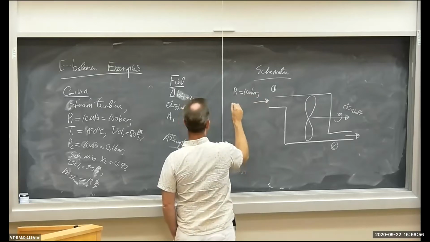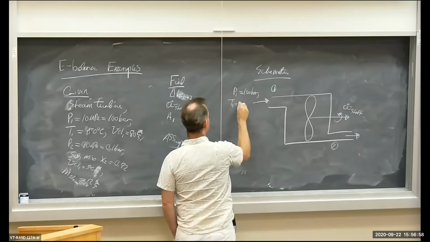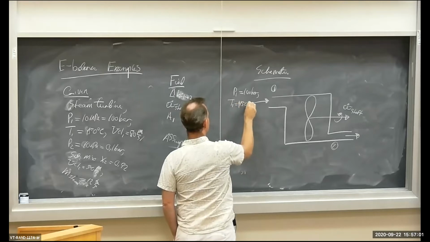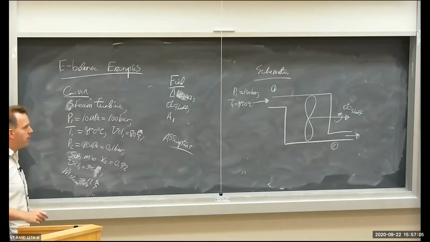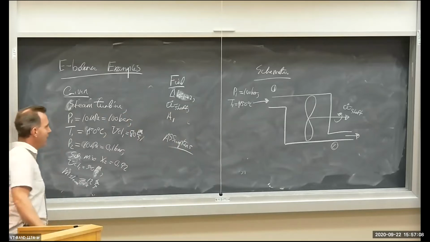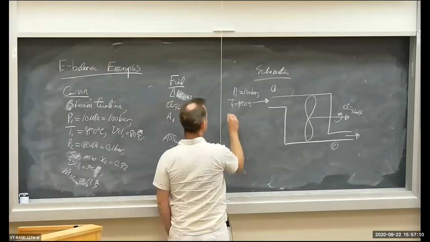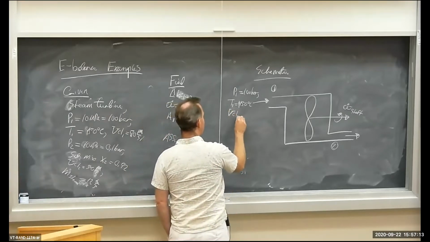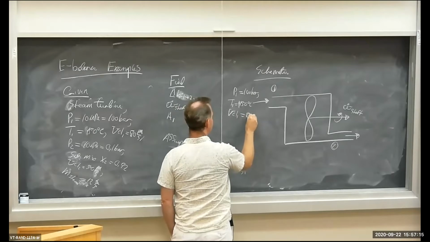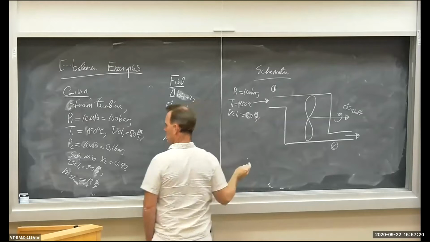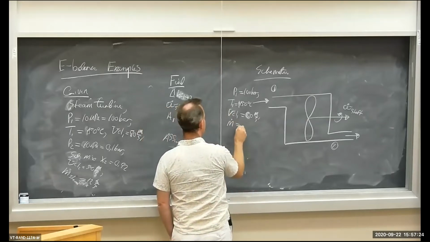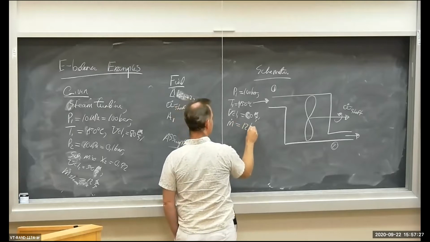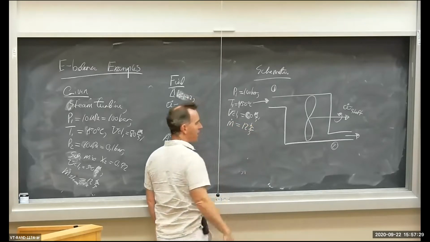The inlet temperature T1 is 450 degrees C. Probably going to find that it's superheated. So probably going to be a superheated steam once we actually go to steam tables. The inlet velocity of the steam is 80 meters per second. And the mass flow rate for the steam, m dot, is 12 kilograms per second of steam being fed into